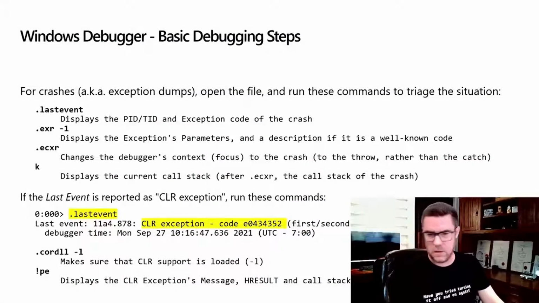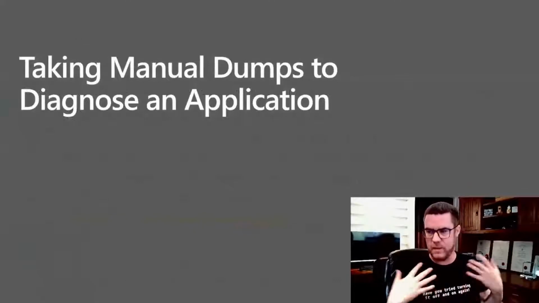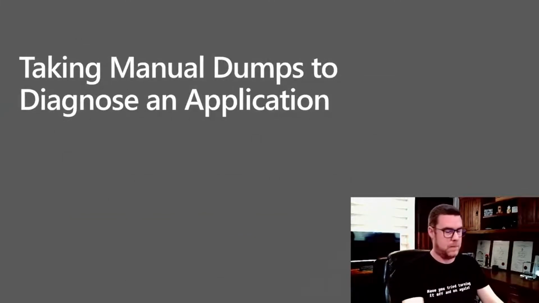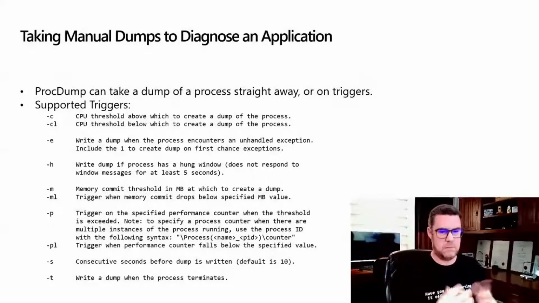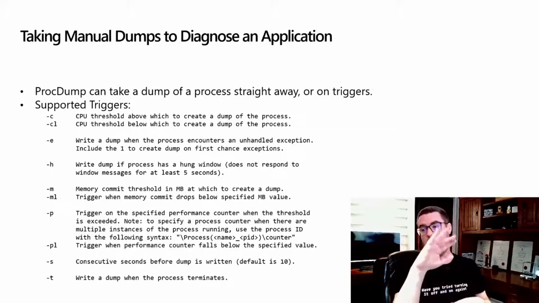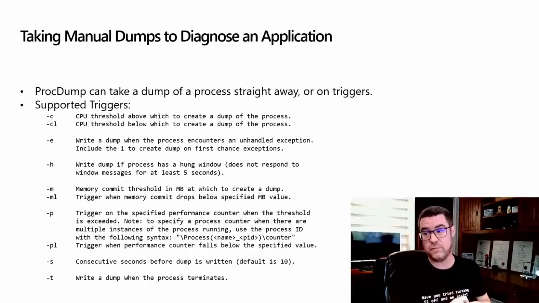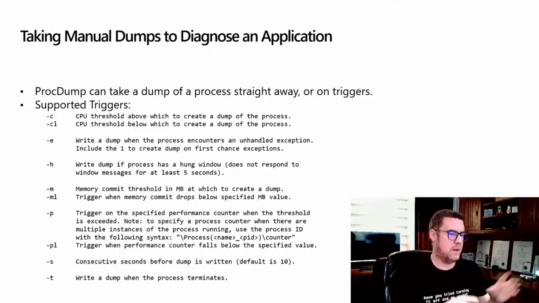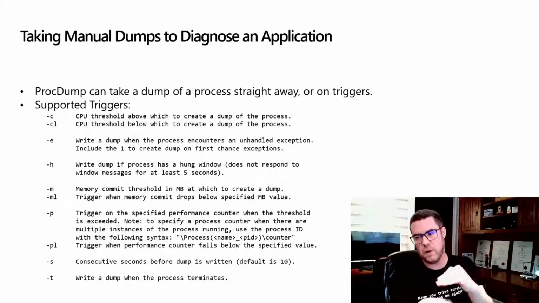So let's start looking at where the power of ProcDump kicks in and start using some of its tooling. There are 4 or 5 different ways ProcDump can do collection. We can do it based on CPU going too high or too low, so if a process runs away on compute, or drops under. The pair to that is memory and performance counters: if the memory goes too high or too low, or if a performance counter goes too low.